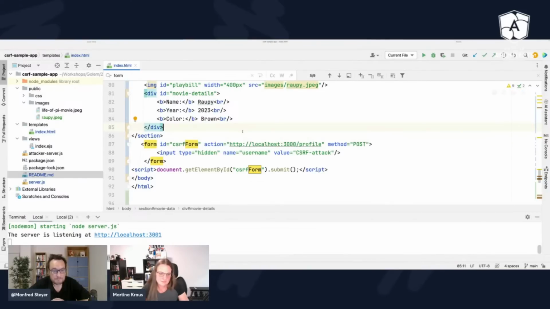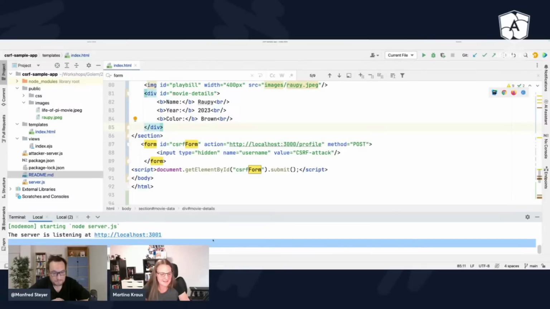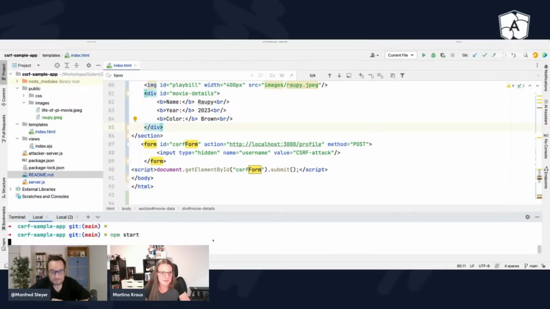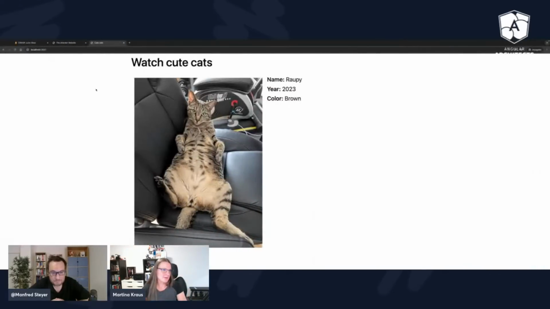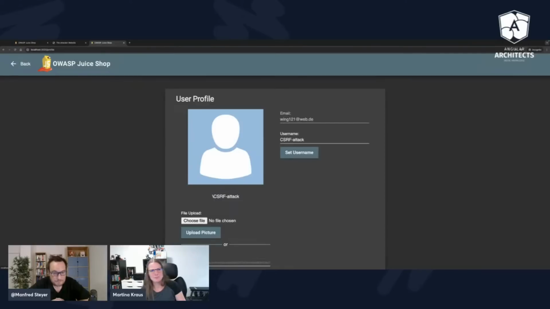Okay, I inserted this form and let me shortly restart the web server so that it gets updated. And what now happens if I refresh, the browser does something really crazy. Can you imagine what happened right now? The browser redirected me to my profile page, and we can see that the username here is now CSRF attack.